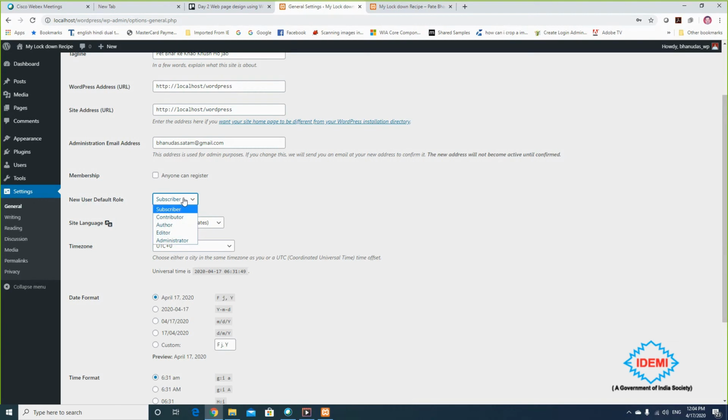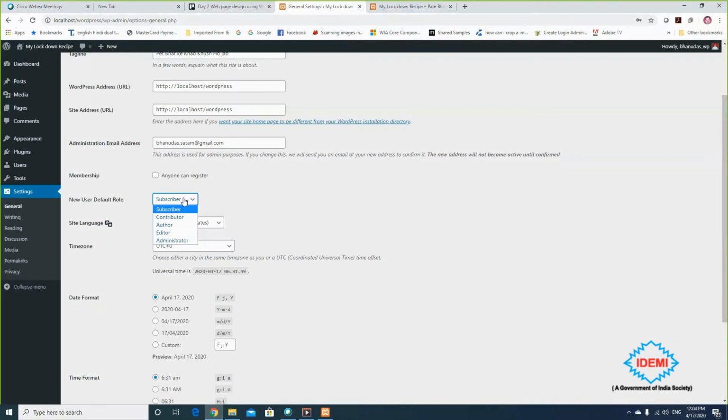If your friends want to participate in your website activity or blog, you make them a Contributor or an Author. For the people who are content writers and want to check the quality of content, you choose them as an Editor.